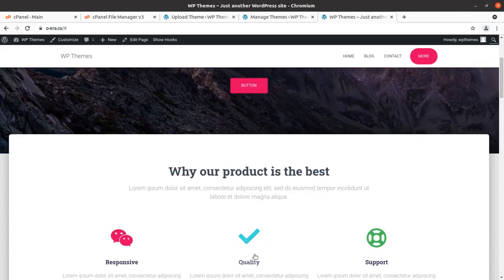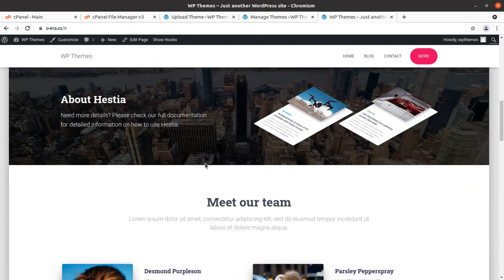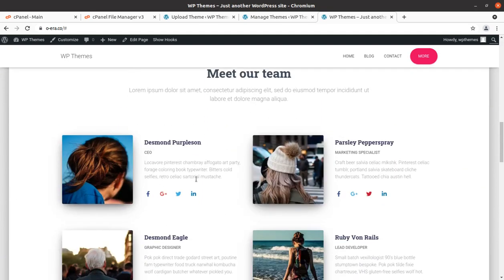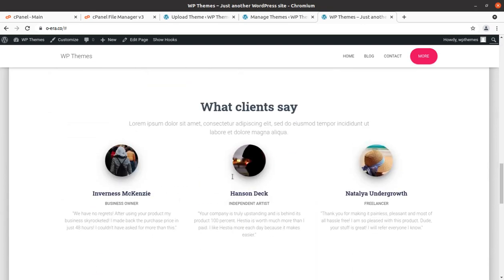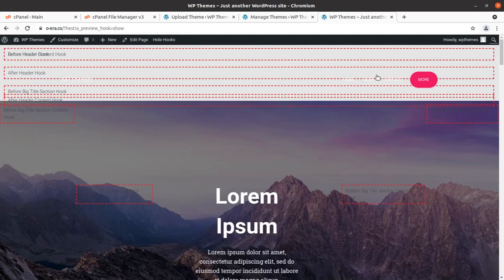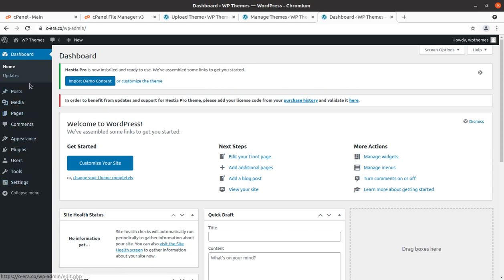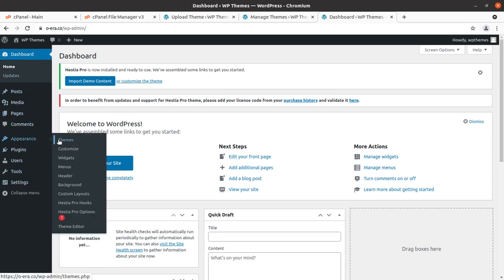So it is very simple, as we said, that it is a material design one page WordPress theme, and you can use this for your business website, of course. And now I'll show you some hooks. These are the hooks which have been applied on this page. So hooks, you can say the anchor tags, it is also called anchor tags, and you can use all such features. Okay, so I'm going back to the dashboard, and as of now it is very clean, and we did not get anything additional.